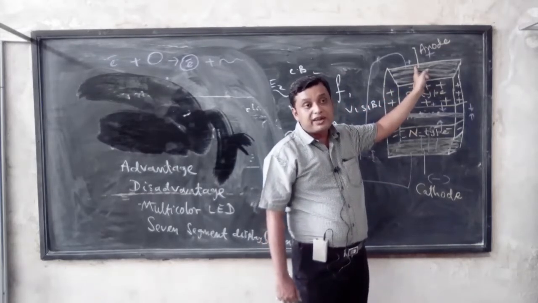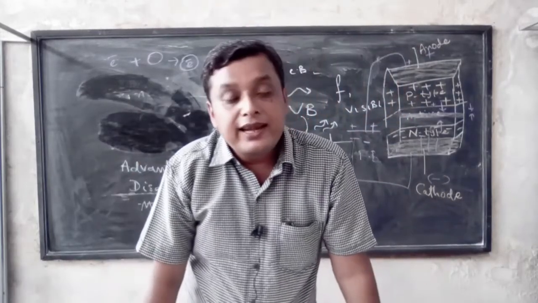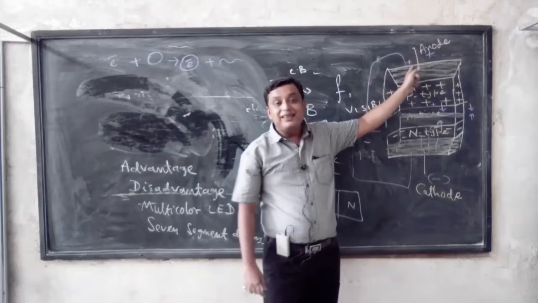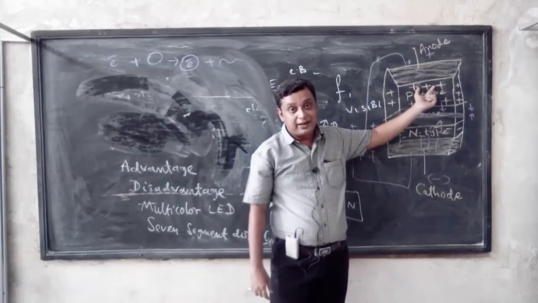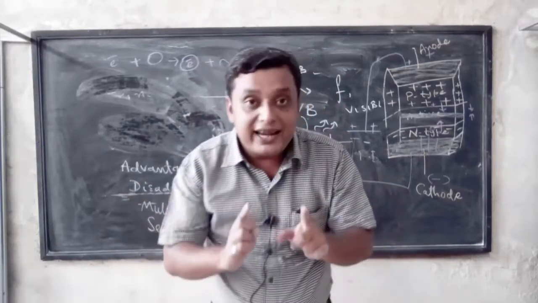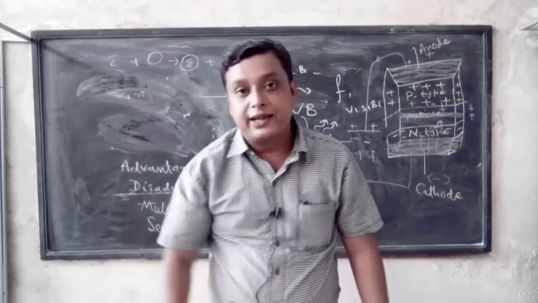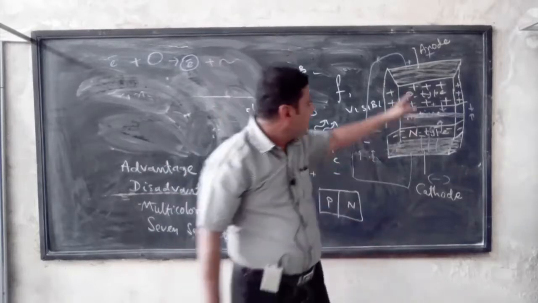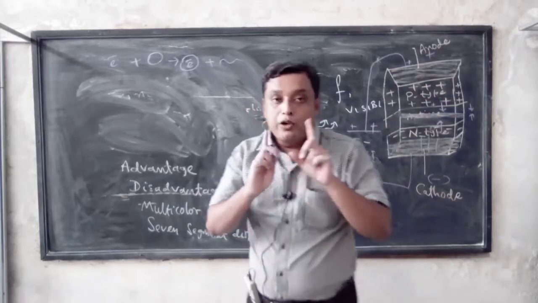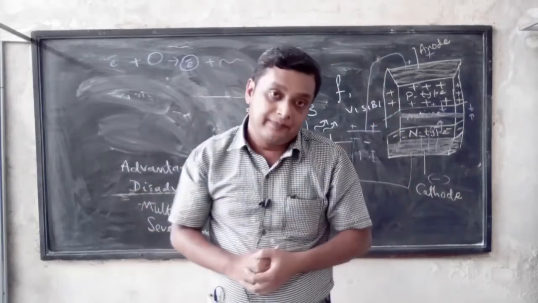the terminal which is used as an anode is taken from the outside. Why is it taken from the outside? Because if I connect this terminal from the inside of the p-type semiconducting material, what happens? More and more light energy will not be able to escape from the LED. That's why if I take this anode from the outside of the p-type semiconducting material, more and more light energy is able to escape from this LED.